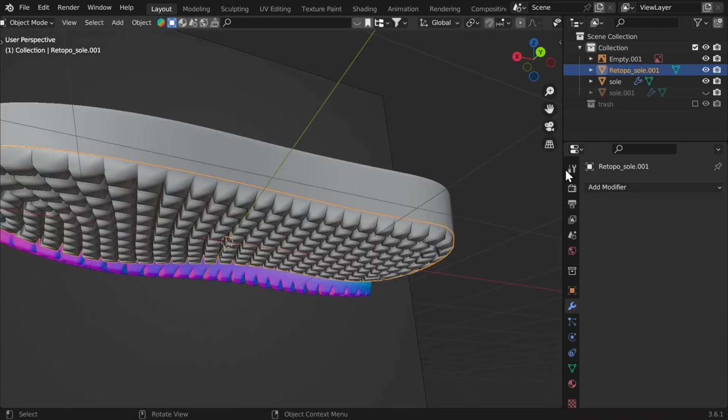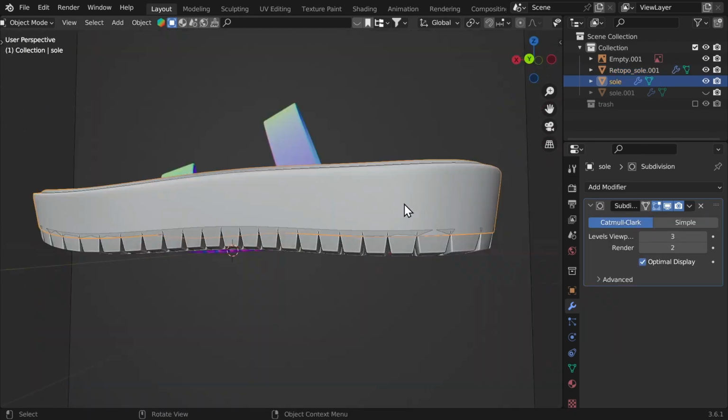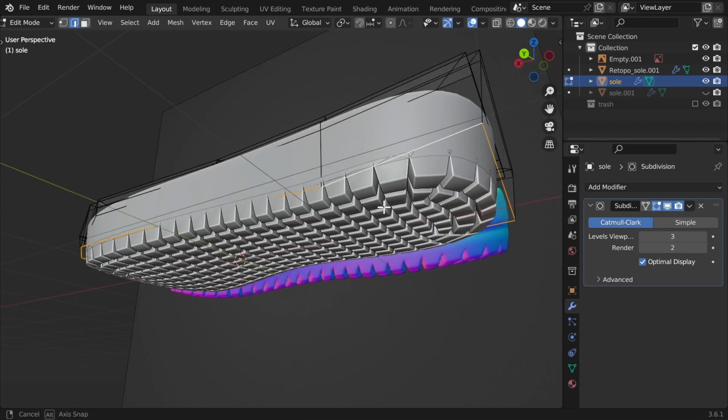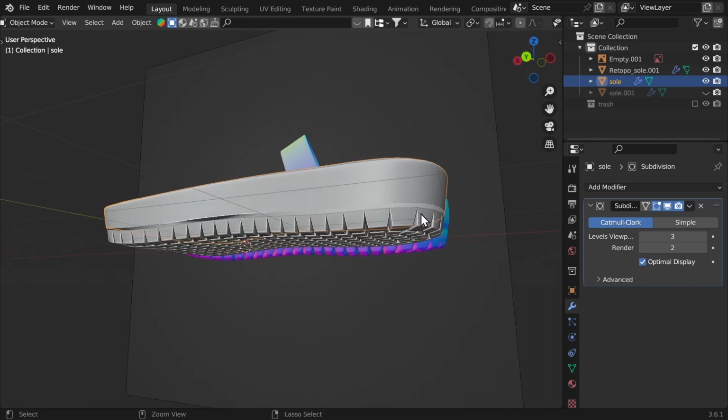Give it a bevel modifier first, bring that down a little bit, give it 2 segments, I guess. Select the top mesh and these edges right there, and double G to bring it up, just like that. Now we're gonna join these two